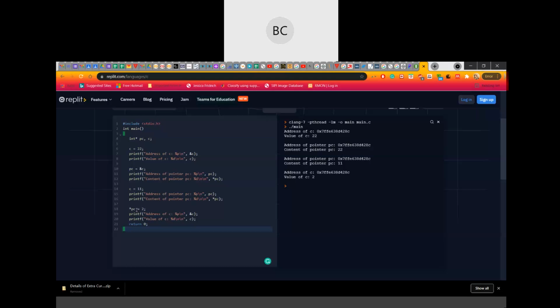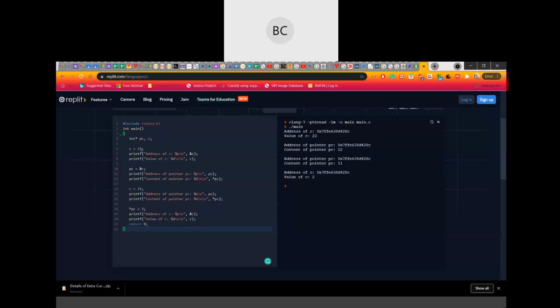Okay, this part is simple. Then now I again change the value of C variable using this statement. Okay, pointer PC equal to 2. Okay, that means I am changing the value of C. PC is nothing but it contains the address of C. Now to access the value, we use the asterisk symbol. So now I'm storing the value 2 here. Now if you want to check the value of C, it will come as 2. Okay, so in both ways you can change the value of a variable.